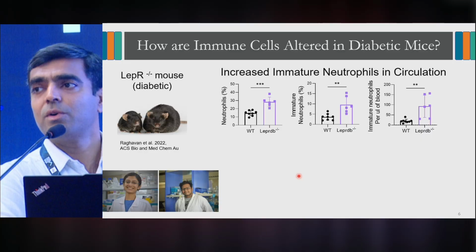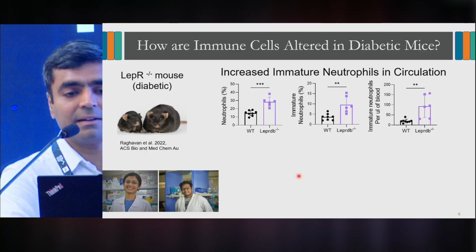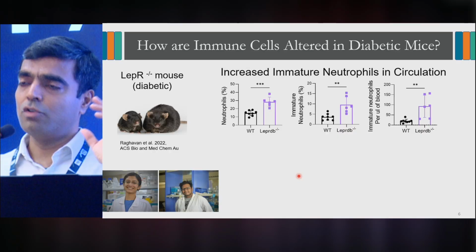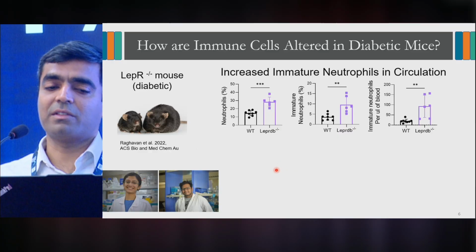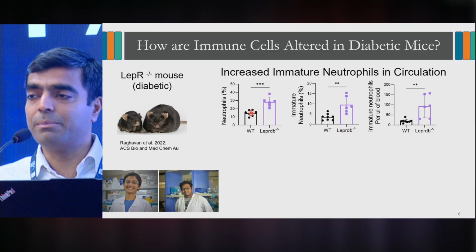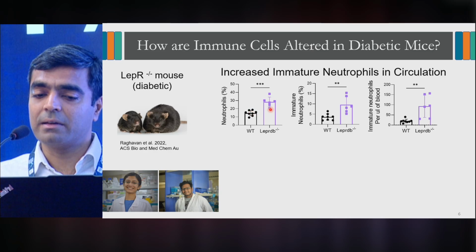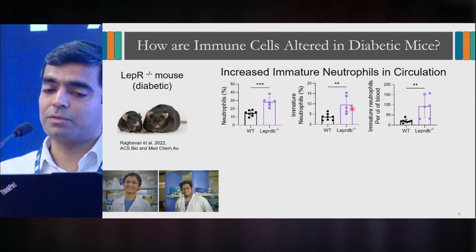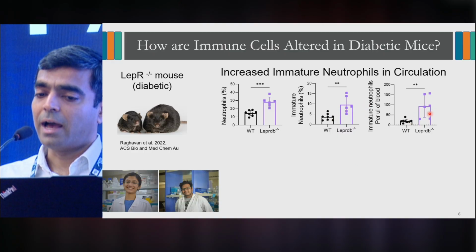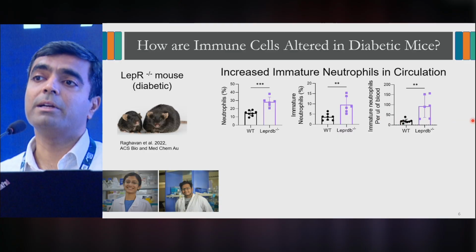So basically what we did was we measured a variety of different things in these mice, and I'm only showing you a piece of the data, specifically with respect to neutrophils. Normally in humans about 50 to 70% of the cells in circulation are neutrophils, but in mice it's about 20%. Only in the diabetic mouse do you have this increase to 30%. And among these, the immature neutrophils are much higher in number. They're about double or triple the amount in percentage. And in terms of actual numbers per microliter of blood, there's about a 10-fold increase in immature neutrophils.